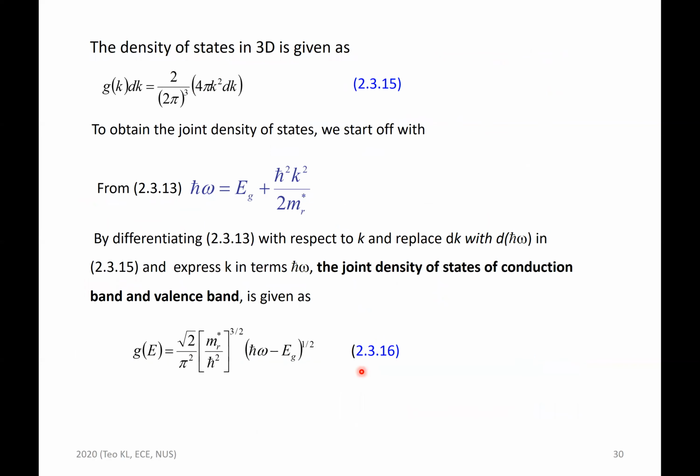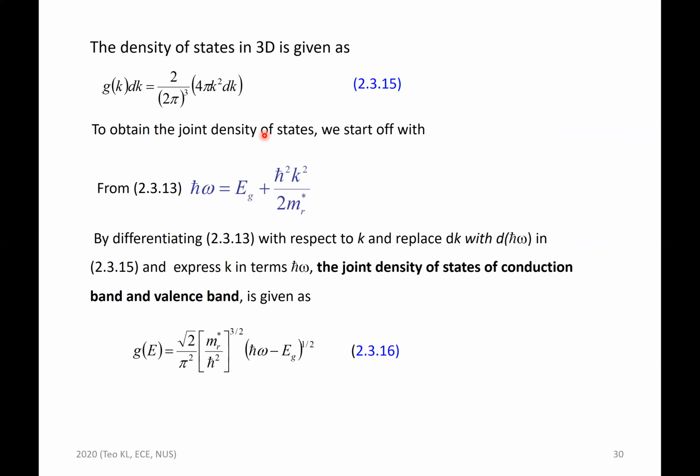Now, we will introduce the density of state in 3D. I suppose you have studied this in Prof. Wu's course. The density of state as a function of K is defined as follows. To obtain the joint density of state, because you are exciting the electron from the valence band to the conduction band, you involve the density of state in the valence band and the density of state in the conduction